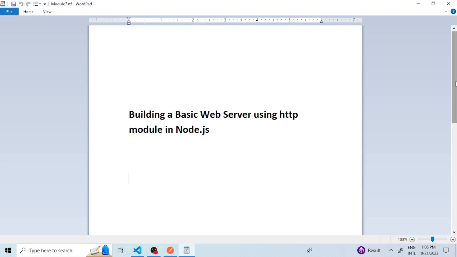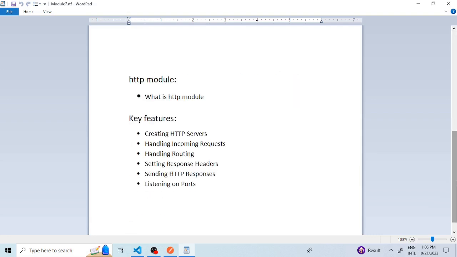Now let's start. So here first I am going to discuss what is the HTTP module. The HTTP module in Node.js is a built-in module that provides the functionality for creating HTTP servers and making HTTP requests. It allows you to work with the HTTP protocol, handling the incoming request and sending the corresponding response. Some of the key features and functionalities provided by the HTTP module in Node.js are: